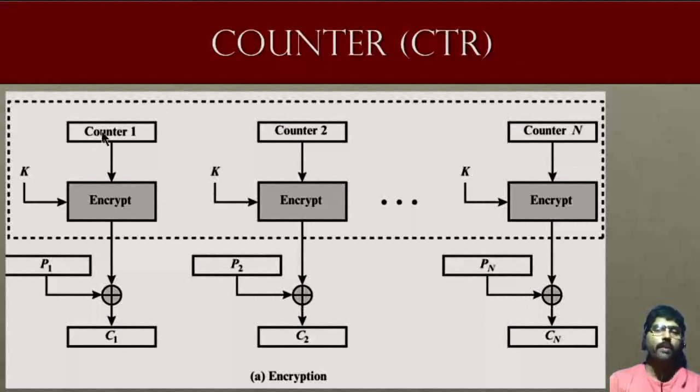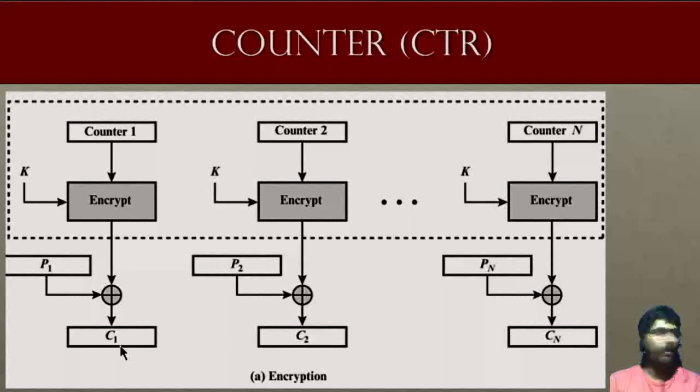First, we randomly select one counter value. For each block, the counter value is incremented by 1. The counter value is encrypted with the help of the key. Whatever output you get is XORed with the first plain text block, and it is converted into cipher text